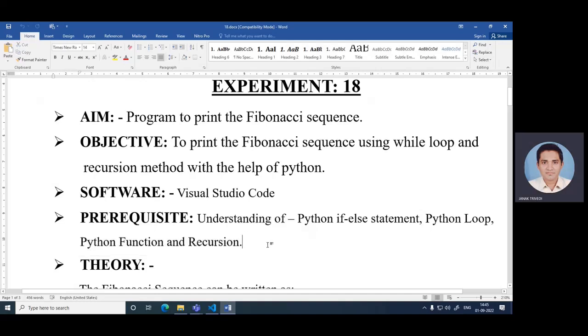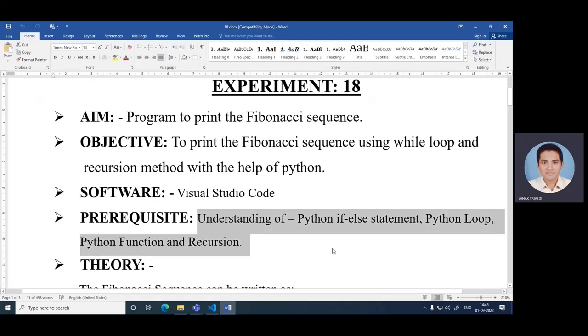अगर आपको इसके बारे में कुछ भी नहीं पता है तो प्लीज हमारे चैनल पे जाइए, जहाँ पे प्ले लिस्ट में आपको पाइथन थ्योरी रिलेटेड वीडियो मिल जाएंगे, जहाँ पे ये सारे सेक्शन के वीडियो थ्योरी में अवेलेबल है। तो पहले आप उसे देख लीजिए, बाद में प्रैक्टिकल आपके लिए आसान रहेगा। तो पहले हम समझ लेते हैं फिबोनाची सीक्वेंस।